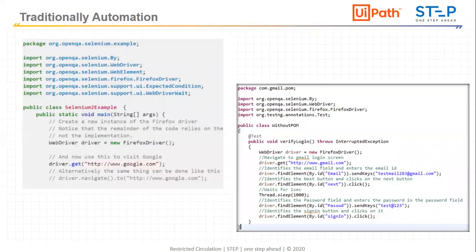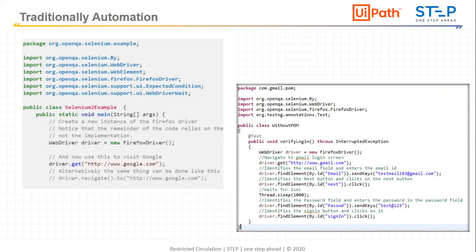Traditional automation first needs the important part, that is the coding concept. The object oriented concept should be ready in your mind. You should be a coder, a person who understands coding. You can see on the slide import, then public class, then WebDriver, then some variables, some functions. So void verify login is a function. There are multiple things we need to code in traditional automation, and for that it will require a long journey of automation knowledge, or coding level knowledge.